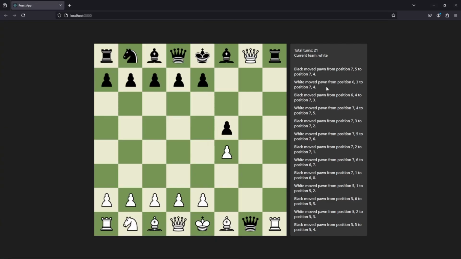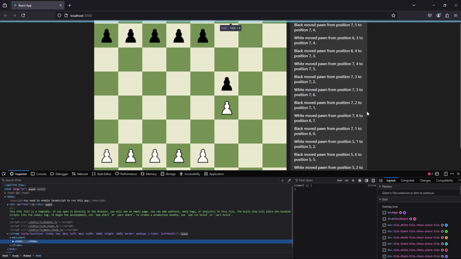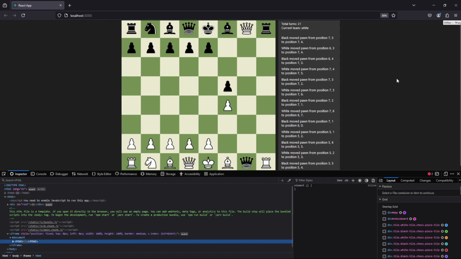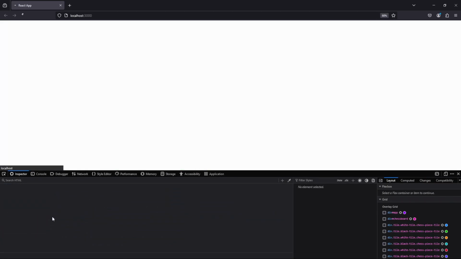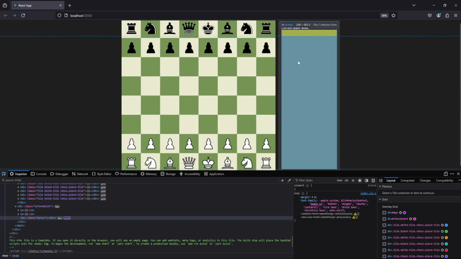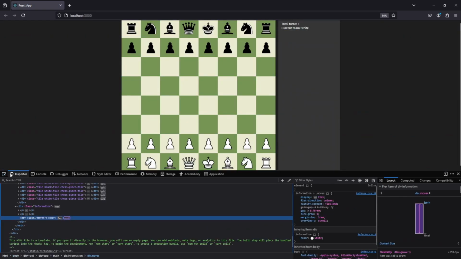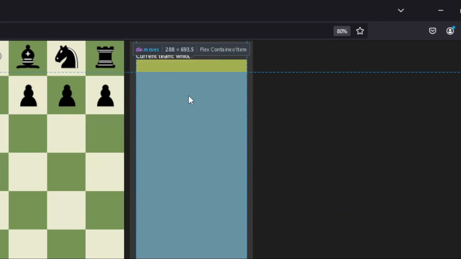And now as you can see, the moves are no longer being displayed over our information, and we have kind of an invisible border right here. So if we zoom out a little bit and then hover over this HTML right here, we see that we have a little bit of a yellow container in between the current theme and the moves, which means that there is margin between them. So the elements won't go in the yellow margin,